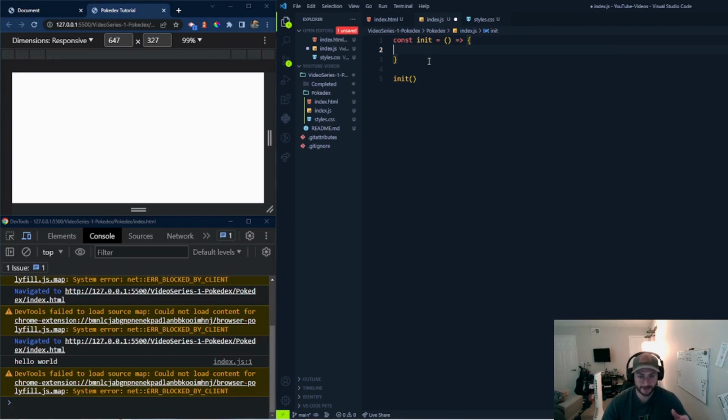So here we have the basic structure, and now let's create the first API call. So the first API call is going to be called fetch all Pokemon. This is going to be an async function, so it's going to let us, I want to spell that right, it's going to let us query all of the Pokemon names. So with this, we'll be able to get the Pokemon names from